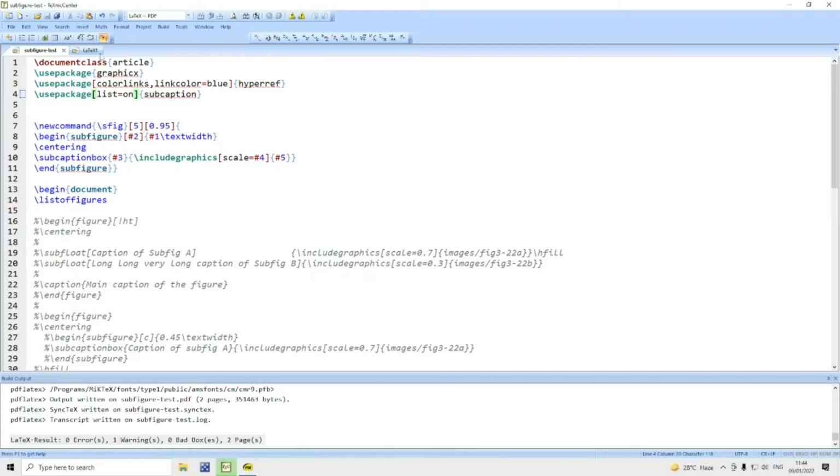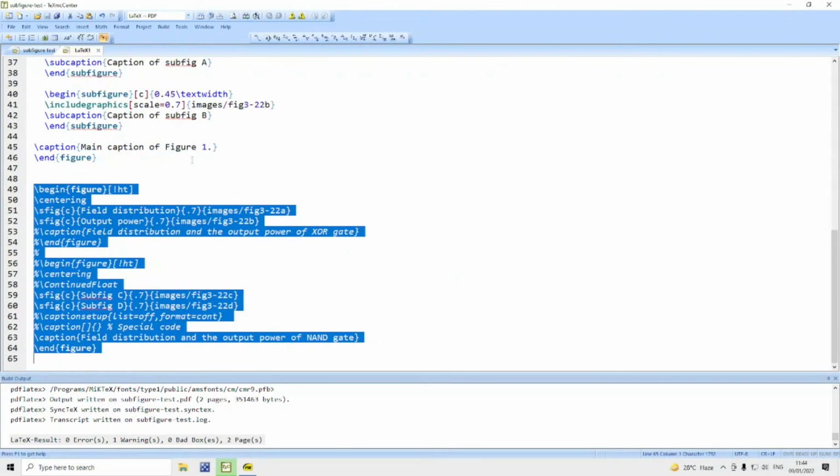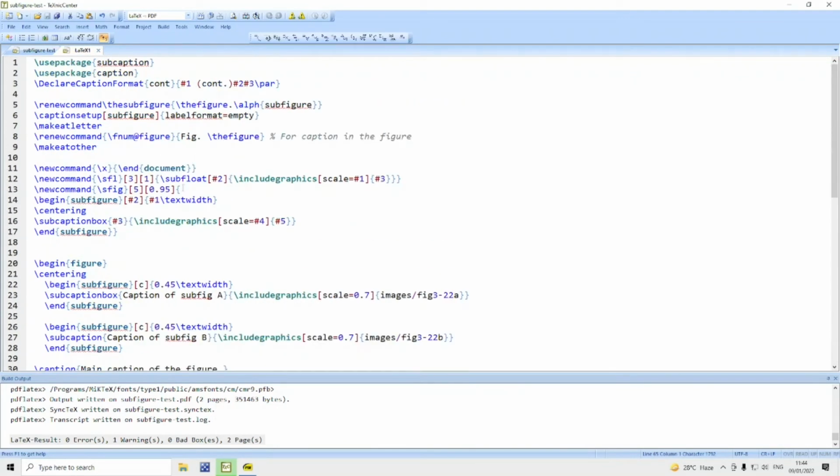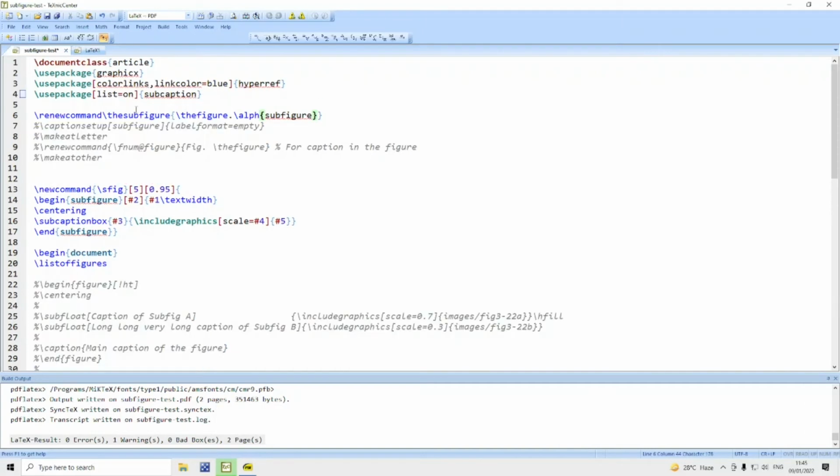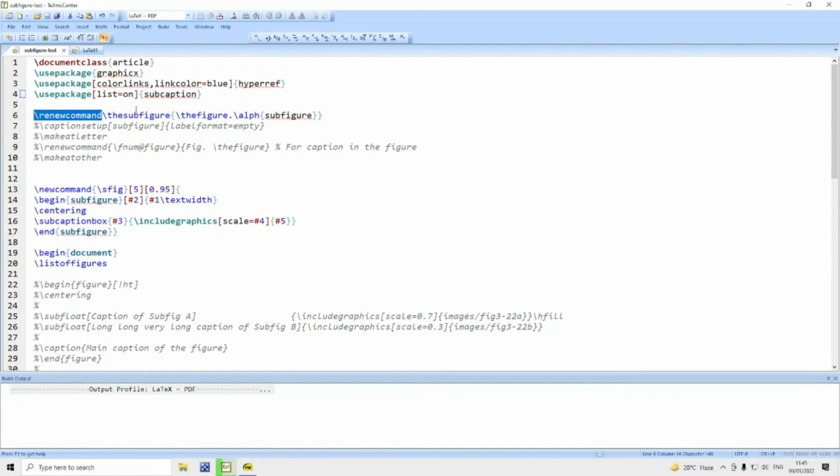Again, let us say that instead of subfigures simply labeled as A, B, C, etc., we would like them to be labeled in terms of the figure also. Then you can say renewcommand, the subfigure is defined as the figure dot alph subfigure.